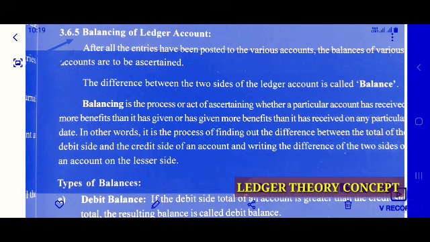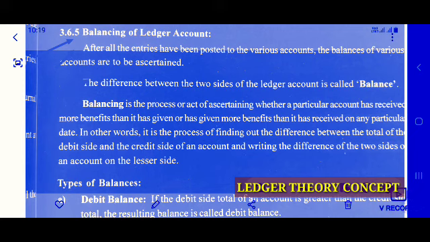We are going to close by balance carried down, and that will be transferred to the next month as balance brought down. The difference between the two sides of a ledger account is called a balance. For example, left side 50,000, right side, that is credit side, 30,000. 20,000 is the difference here. There we are going to close the account by transferring 20,000 carried down, and the opening balance will be brought down to the next month.